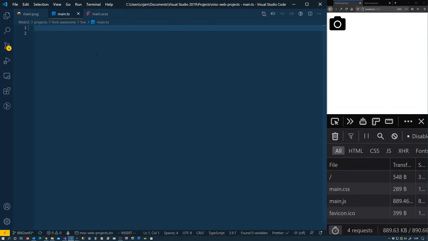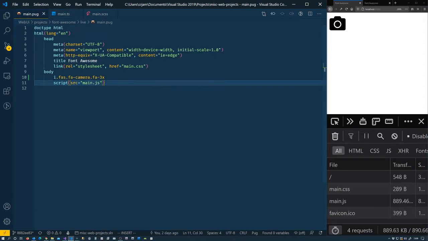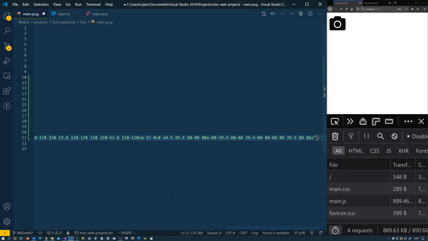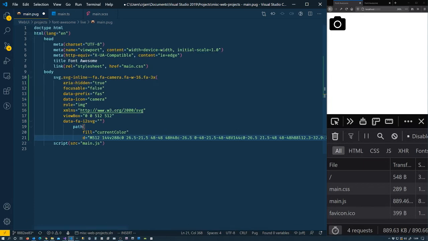Let's go ahead and delete that stuff and save it. If we were to have taken a look at the SVG that was printed out in the browser, we would have seen this stuff, right? A few properties on it, some data-prefixed attributes related to what Font Awesome did, and then we have the path. So if I save that,